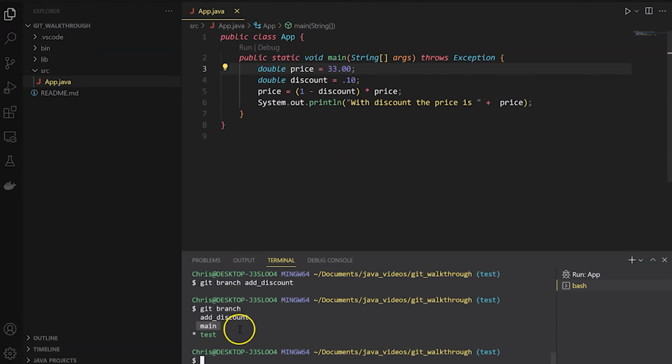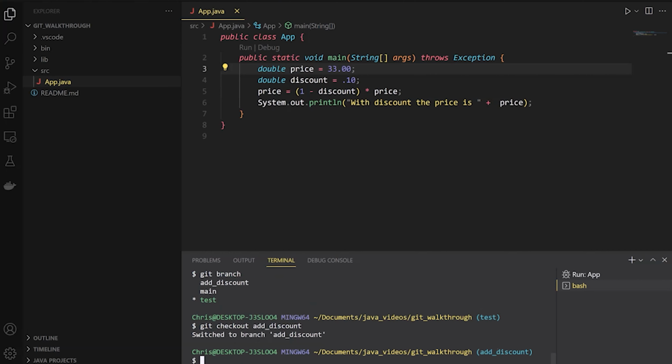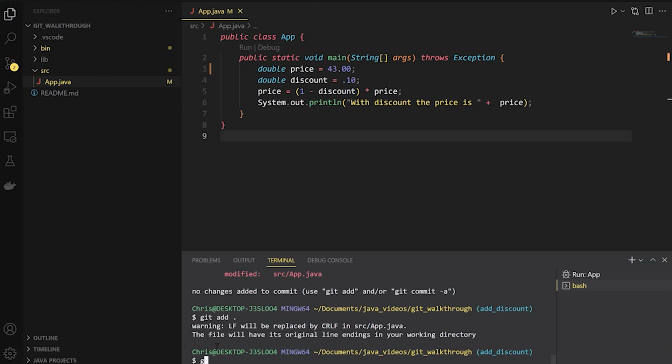Right now I'm currently in my test branch, but if I want to switch to add discount, I would say git checkout add discount, and now I'm in the add discount branch, notated here. If I wanted to, I can say now this is going to be 43, and I can save this, Control S, and go through that whole git workflow: git status, git add, git commit,